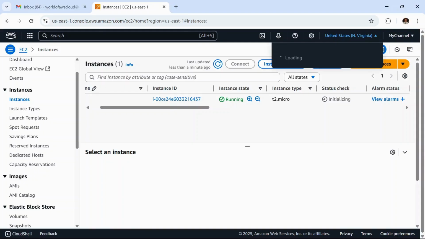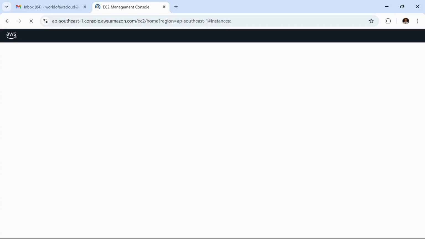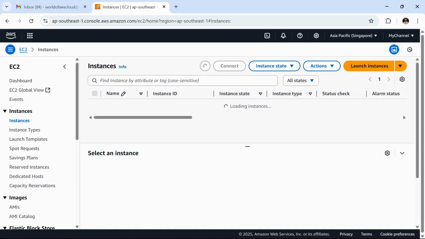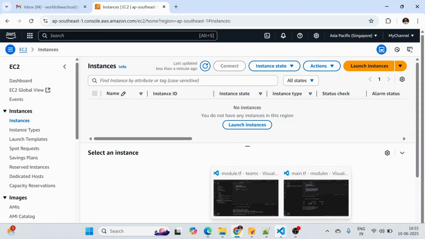If I go to ap-southeast-1 and check whether there is any instance or not, as you can see, no instance has been created in ap-southeast-1, because we are not able to override the default value that is hard coded.